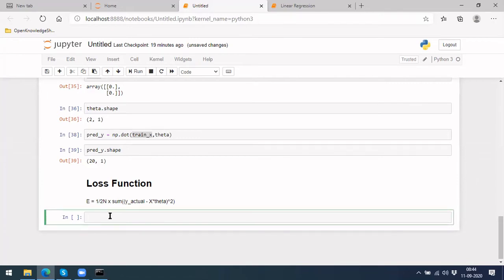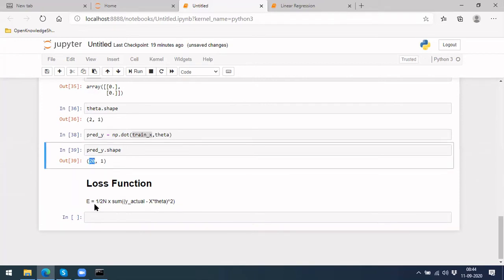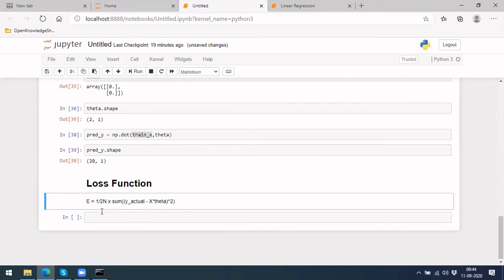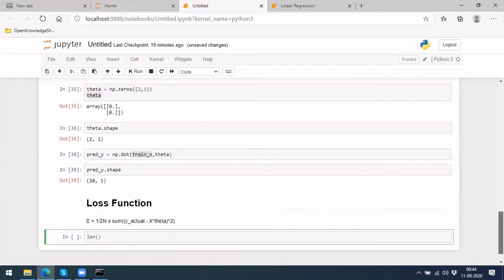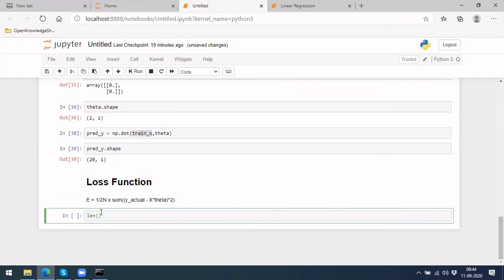So the loss function would be similar, right? If you understand this formula, what we have to do is, this n is the length of your matrix, like this 20 would be your n, right? But this will vary every time, so you have to calculate it directly by yourself. How you can do it is, you can do length of, we will only need actual values here, so train y.